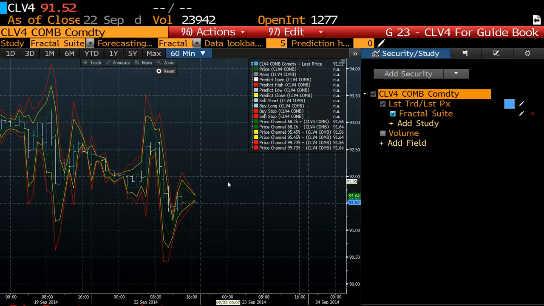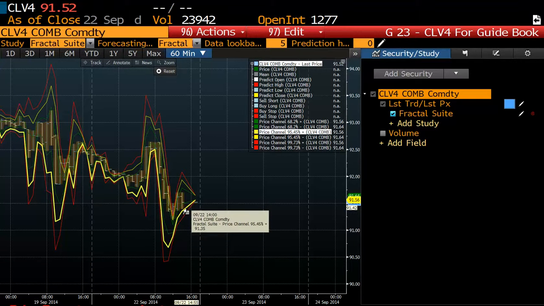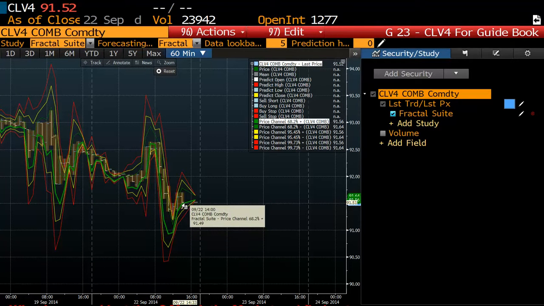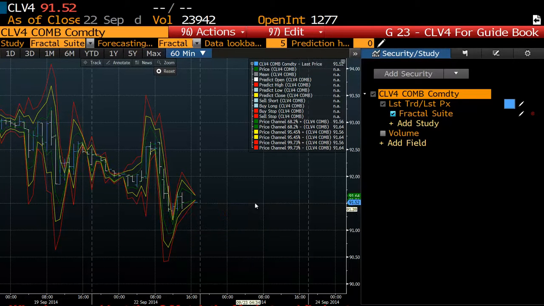So you can see here that the third standard deviation is the red channel, and yellow is second and green is the first. So what you can do to quickly reference the price level for each one of the bars that you are interested in examining is go again to the legend,